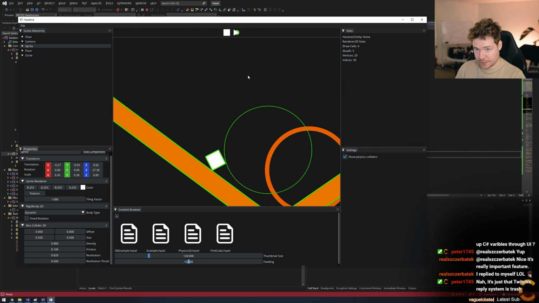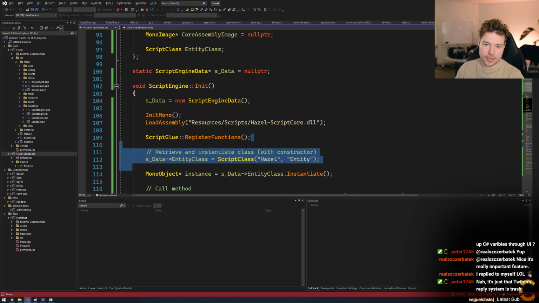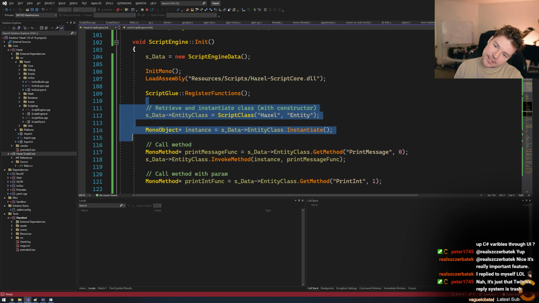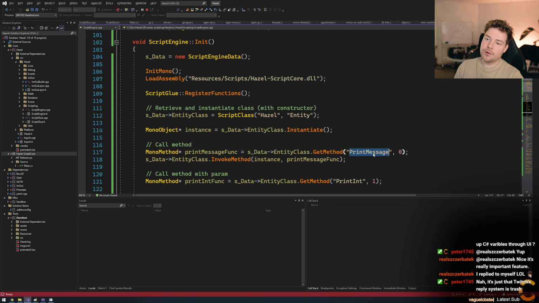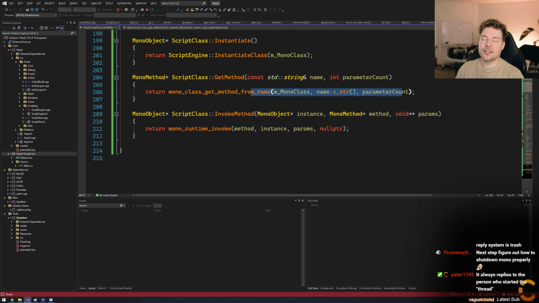Then that means that when we hit play and this spawns in the scene, we call this code here to create it, all of this code here. And then instead of retrieving something like print message, we retrieve the onCreate function, although of course we could retrieve the functions ahead of time if we needed to. And you can see, by the way, these get methods have nothing to do with the instance, obviously.